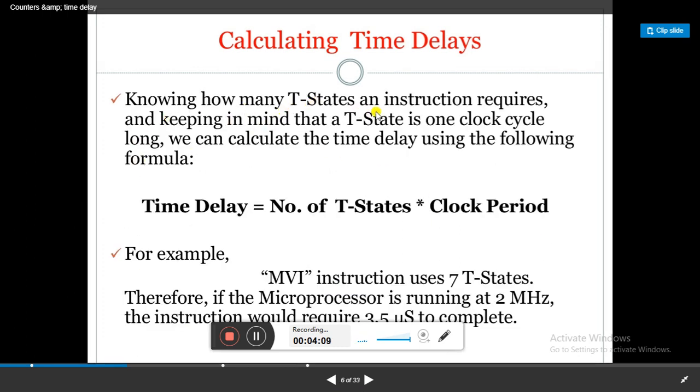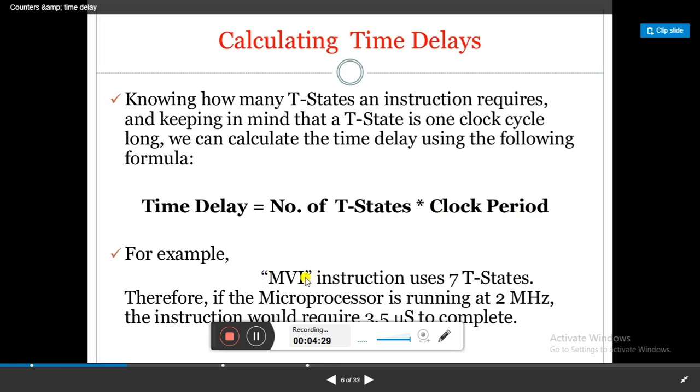Knowing how many T-states an instruction requires, and keeping in mind that a T-state is one clock cycle long, we can calculate time delay using the following formula. That is, time delay is equal to number of T-states times clock period.